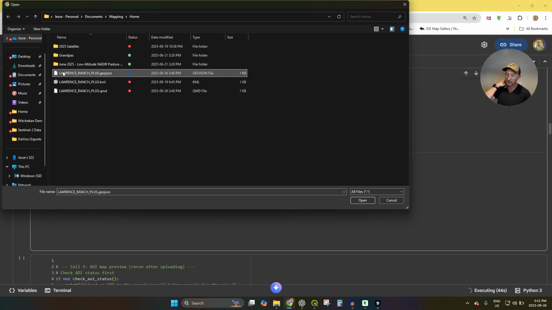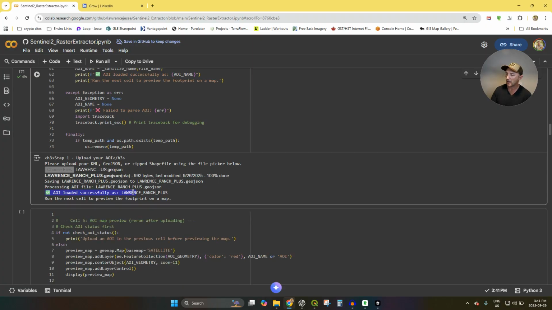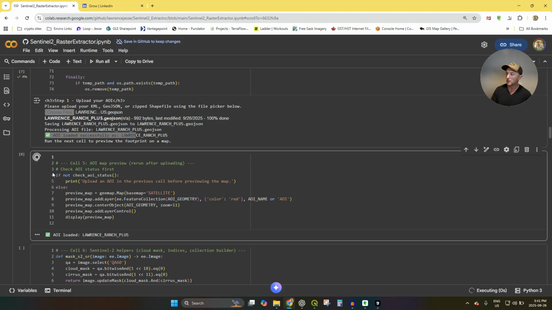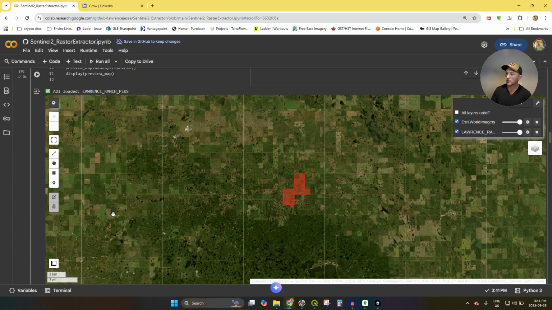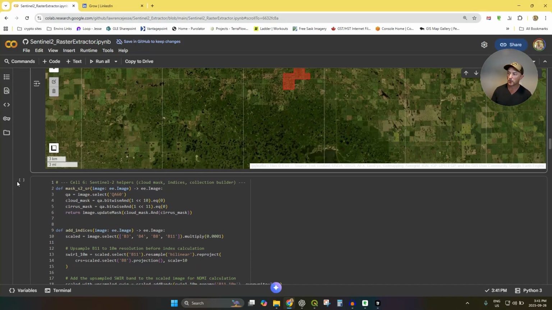I'll have to go back and update that, but when you're exporting an area from QGIS, an area of interest, it's pretty easy to pick whichever one of these you want. Okay, so area of interest is loaded successfully. Run the next cell to preview the footprint on a map. Run this, area of interest loaded. There's the area of interest. That's just a check to make sure that you've uploaded the right area before you go through